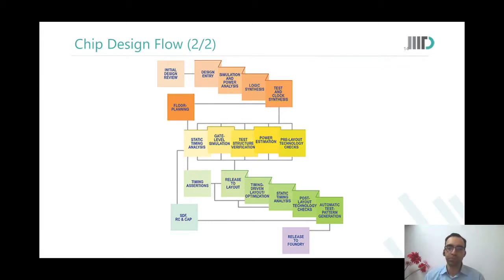He is doing only STA. Post layout STA. That is the only thing he is doing. That can also happen. So each one of these is a specialized domain. So orange, yellow, and green could be different teams, or they could be actually independent jobs. Each block could be an independent job profile. Okay.